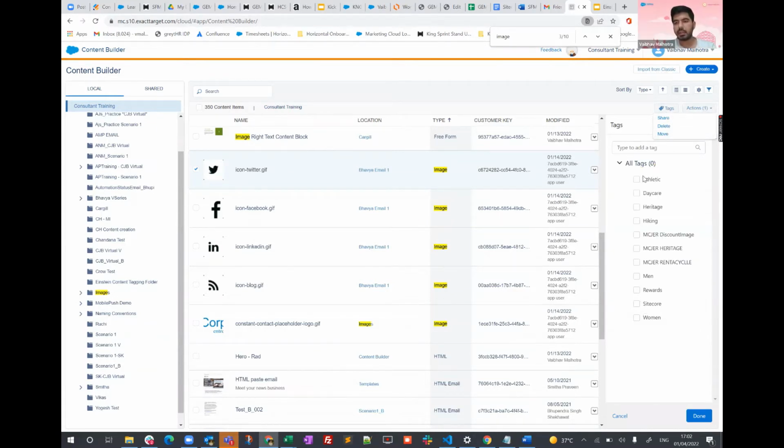So either I can use the existing tags, which is athletic, daycare, heritage, hiking, or I can use, if I want to leverage the Einstein feature, I'll select only those tags which are starting off with MCJER, or if I want to